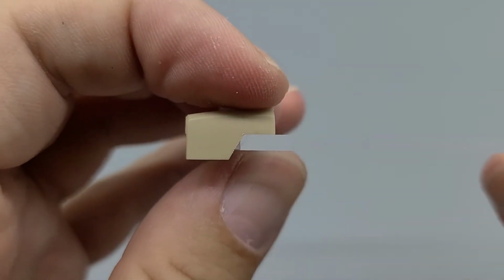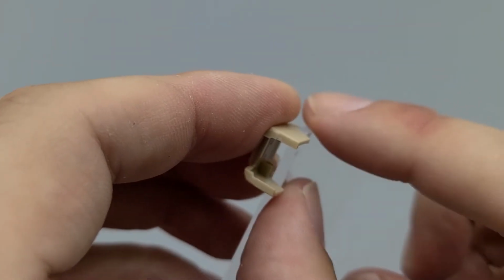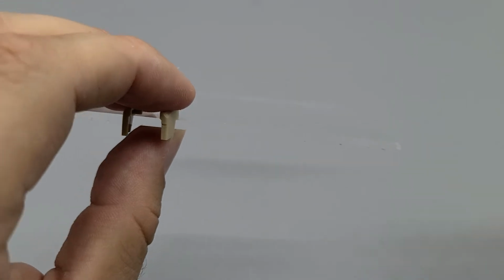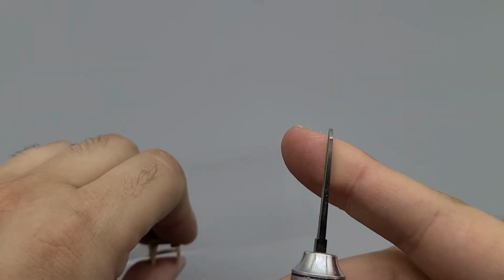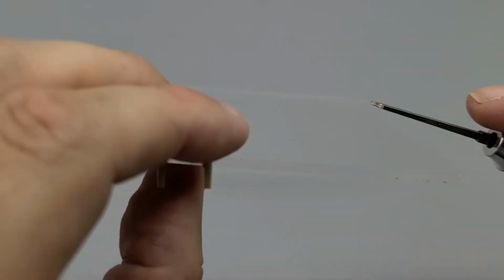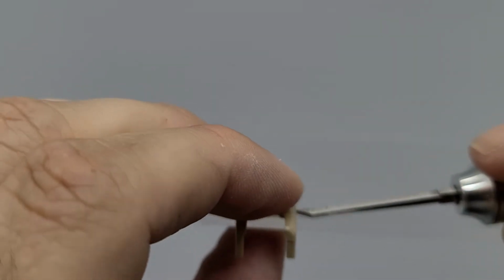So you just got this nice flat edge now to work with. Now try and get it as high up on the edge as possible, because if you have it down here, the natural way that a chisel works is chisels aren't straight, they're tapered. So if you have it like this and you're going at it like this, you're going to have a very,